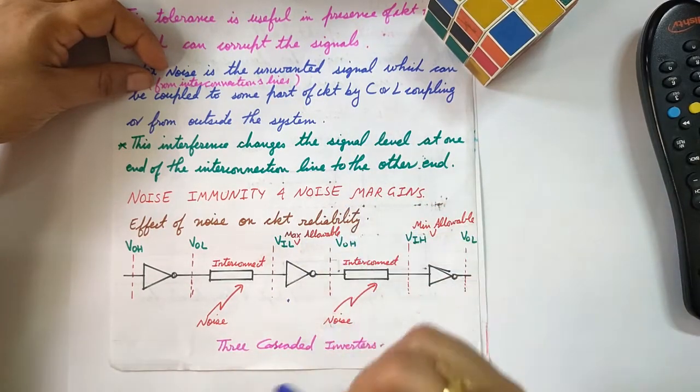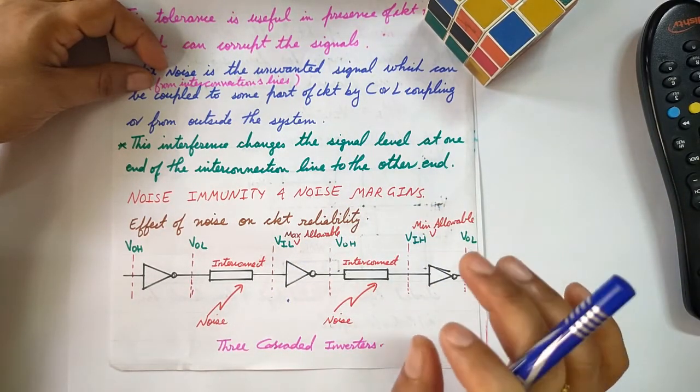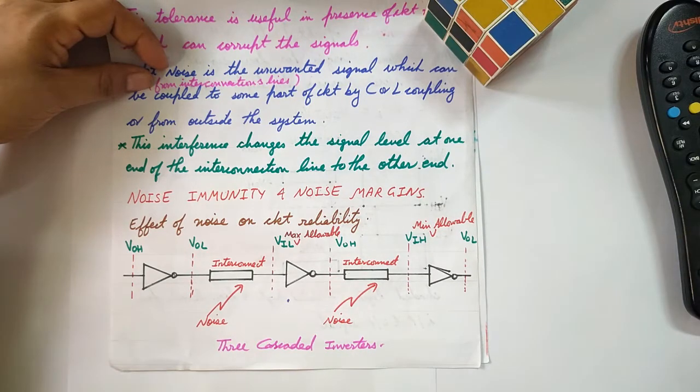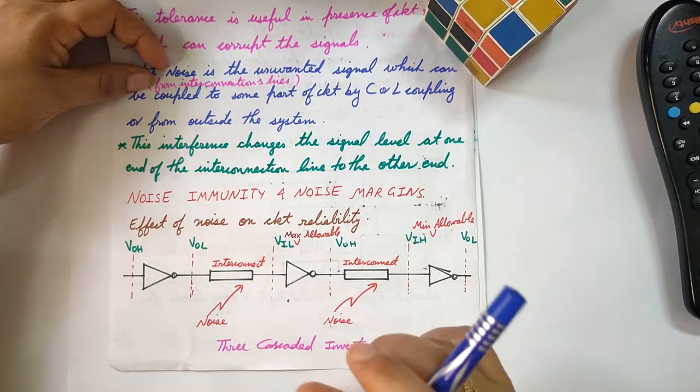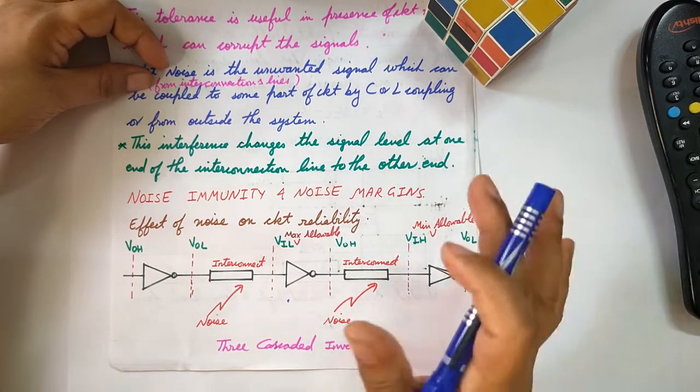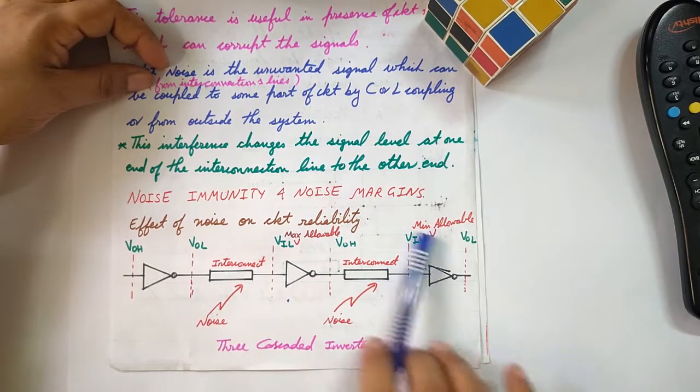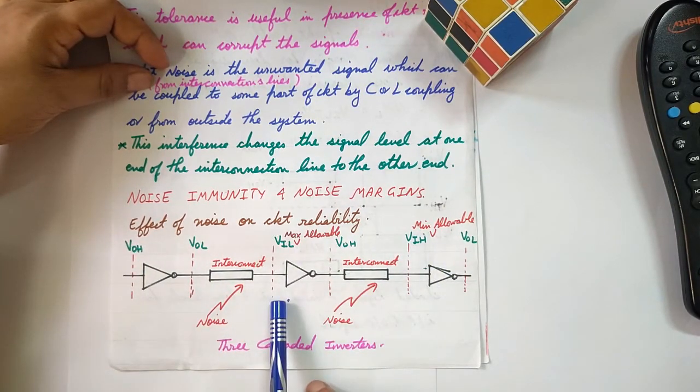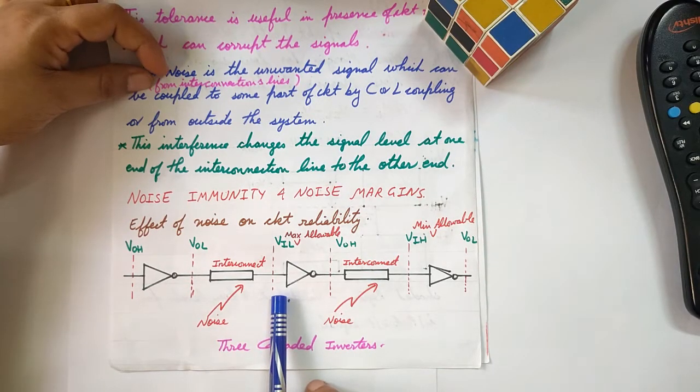I'll explain it with the example of your clothes. If you go to the tailor to stitch clothes and you tell him, "Bhaiya, thoda sa margin," you just keep some margin. This margin provides you a safer zone. If you gain weight, even then you'll be able to fit in those clothes without affecting their efficiency. Similarly, even if this circuit receives noise, if it has high noise immunity and high noise margin, it will still produce a correct output.